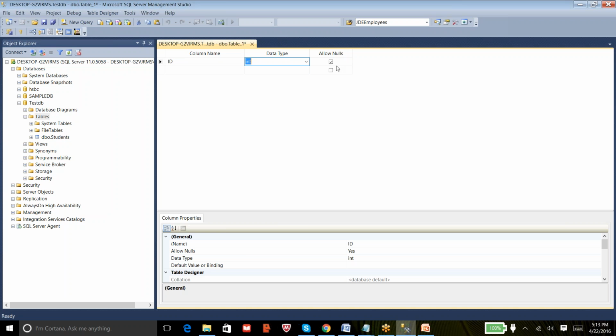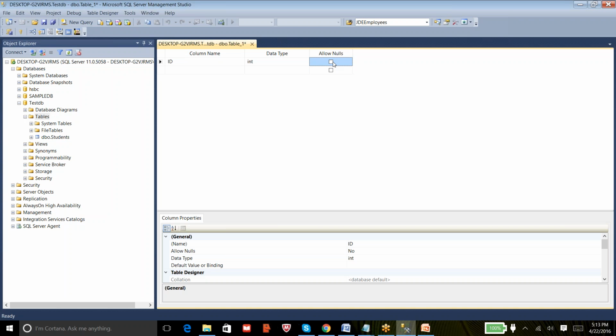So if the user doesn't want to provide an ID, and you want to allow that record, you have to check this condition. When I check allow nulls, that indicates this ID column will allow null values, that is blank values. I don't want the ID column to be blank because it doesn't make sense.